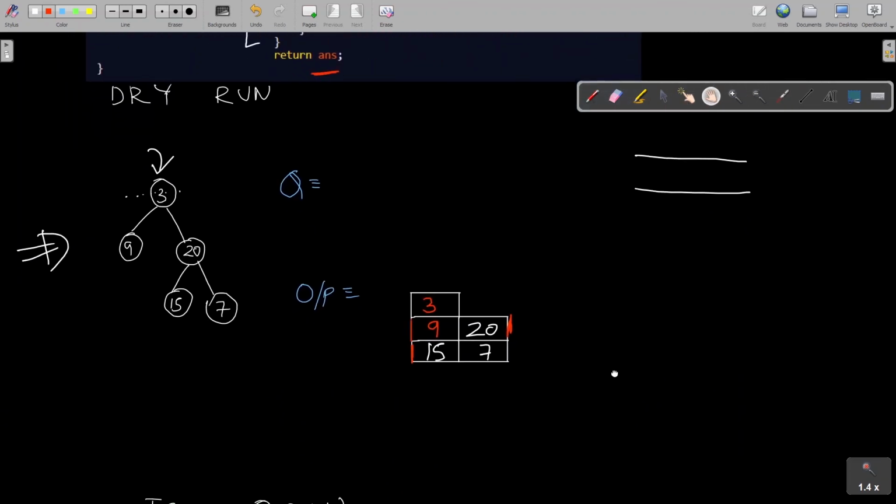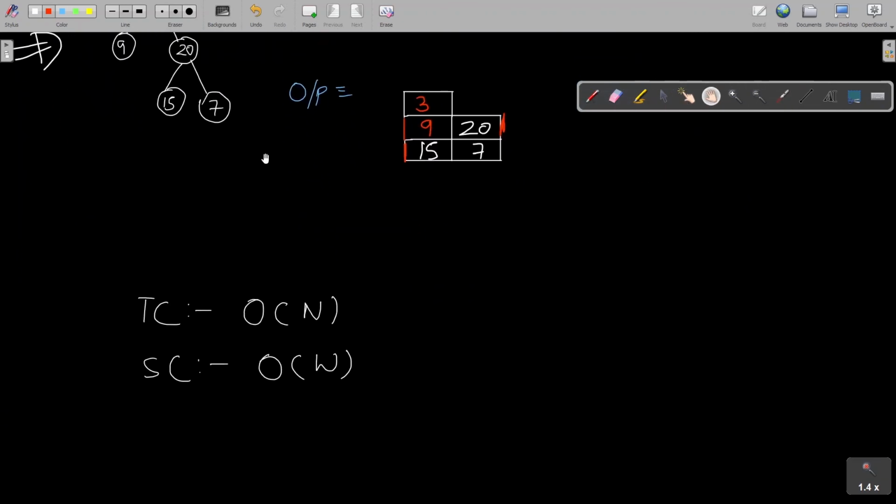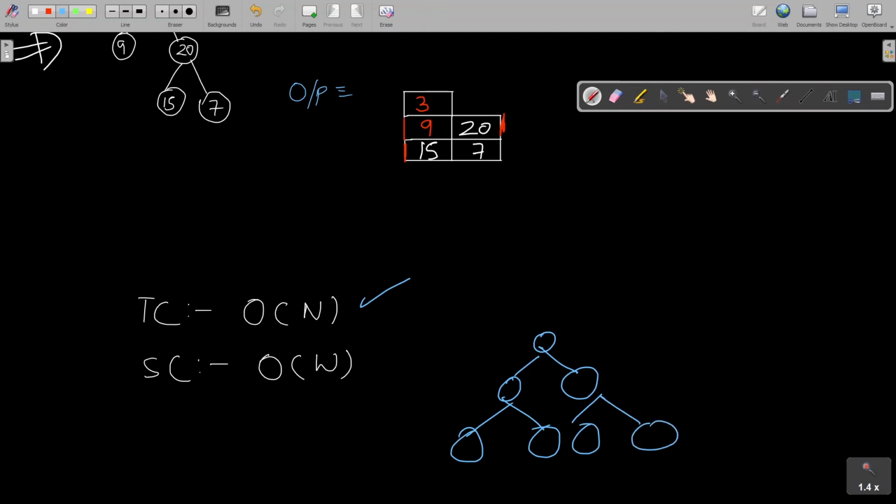Let's also discuss the space and time complexity trade-off for this algorithm. Time complexity is quite straightforward. We are visiting each node of the binary tree only once, so time complexity is O of n, and space complexity is, I would say, proportional to the width of the binary tree. If the width of the binary tree is more, like if the binary tree is more balanced, then the space complexity would be more for the level order traversal. So this was all I wanted to talk about this problem.